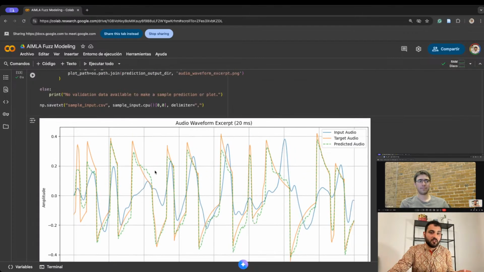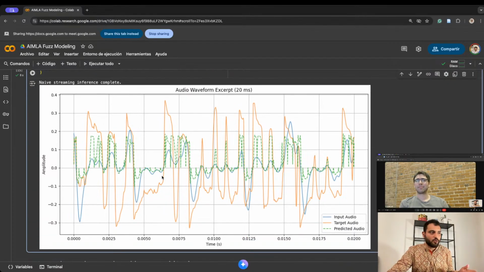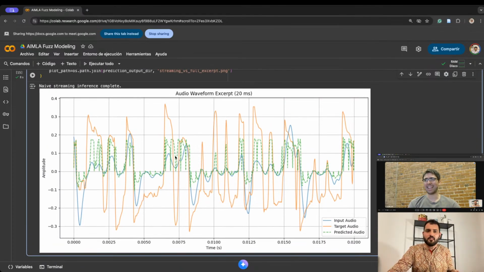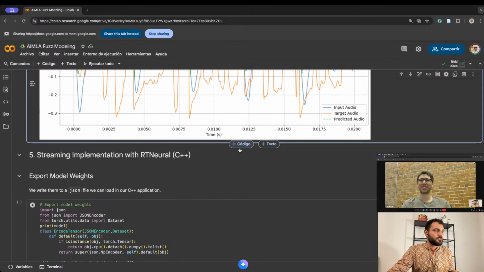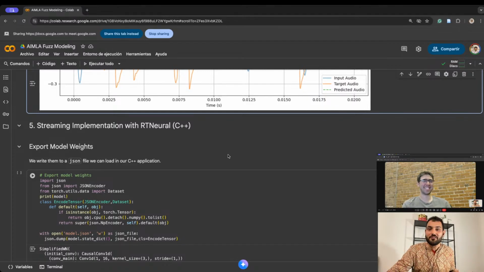Before we had this that was really similar to the orange one, but now it's giving a pretty choppy, broken up audio. I don't think we have put something in to listen to this, and I wouldn't like to listen to this. But if anyone wants to listen to it, well, why not? Go ahead and you can download this notebook and edit it however you please. We don't need to listen to it, because actually we don't have it here. So easier for our ears.